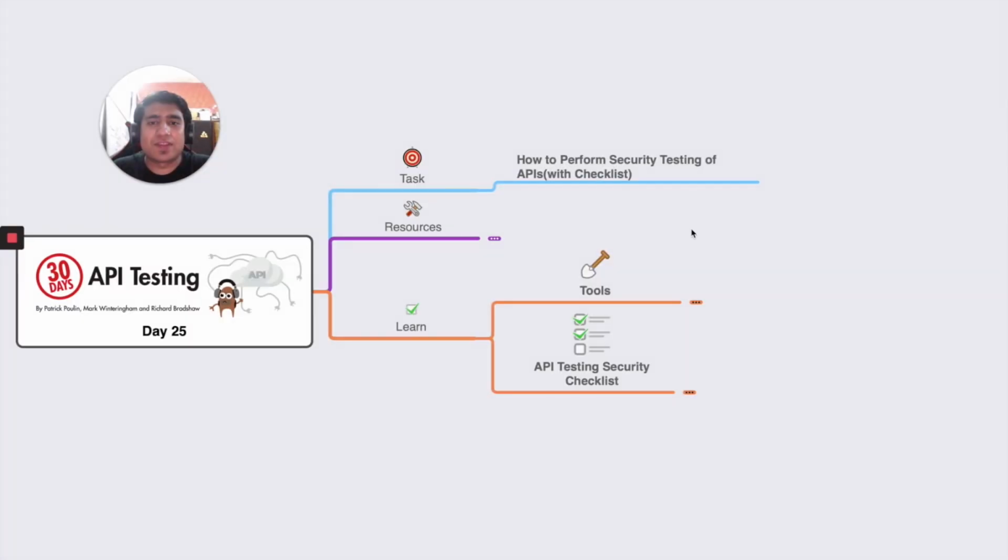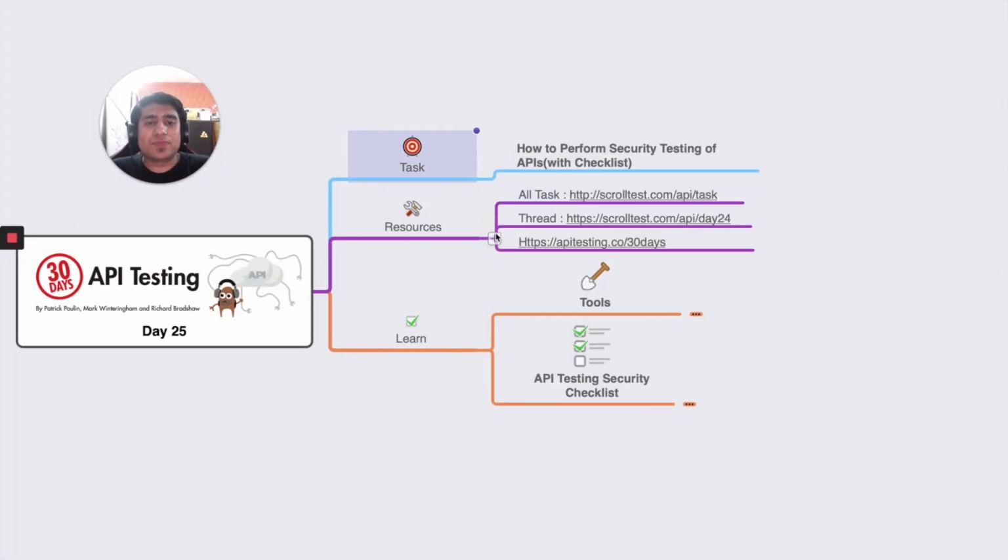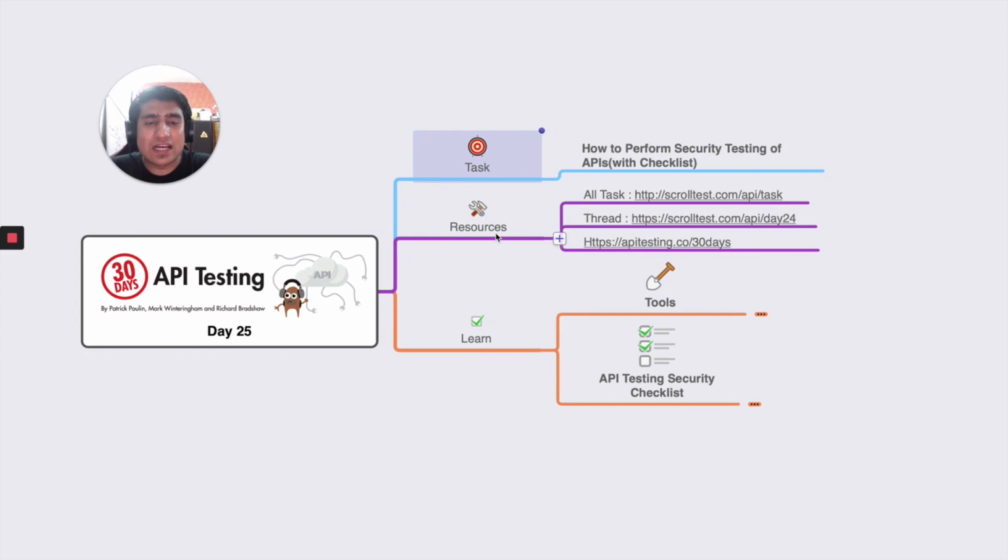All the resources, guys, first of all, again, I just reiterate, we are on a mission to learn API testing. We want to master API testing in 30 days. And this is day 25. If you haven't watched the previous tutorials, I recommend you watch all of them. Those contain massive value. We have learned Postman, we have started learning Rest Assured, we have covered the GitHub repo API automation and all.